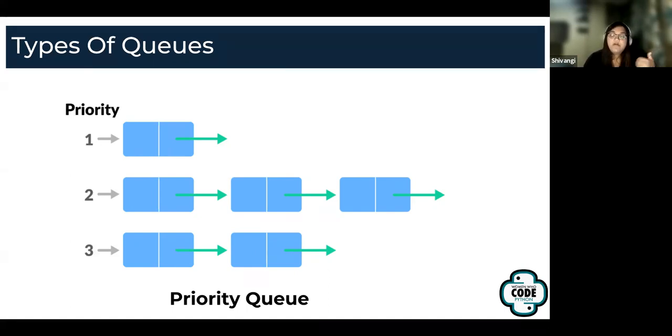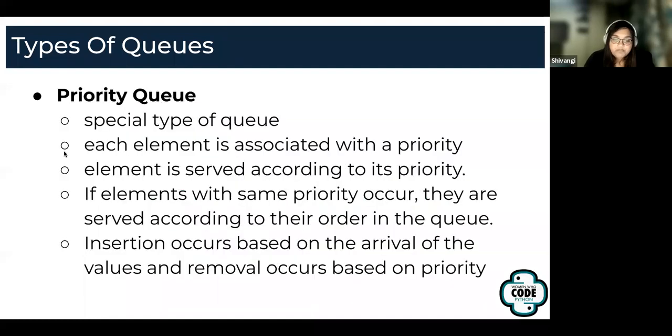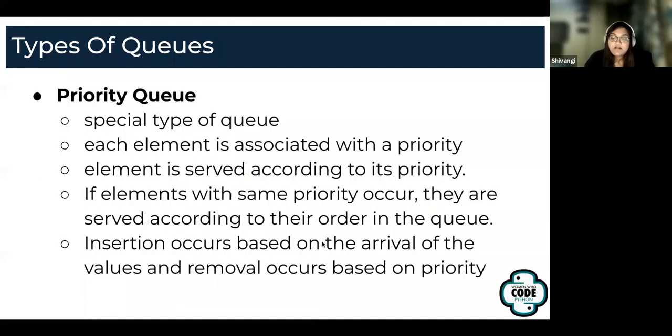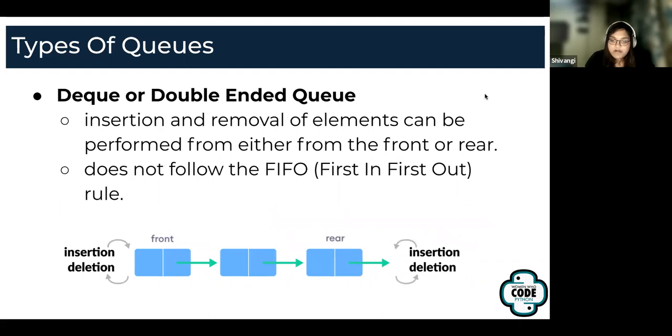And then again, you would move from left to right in removal. And so on, the process will continue. Now, the insertion occurs based on the arrival of the values, basically first come, first serve. And the removal happens based on the priority of the elements. So yeah, that's a priority queue.